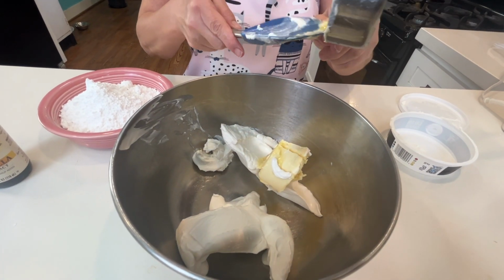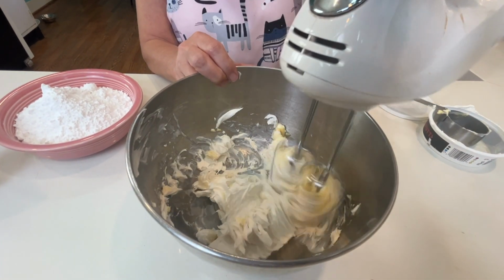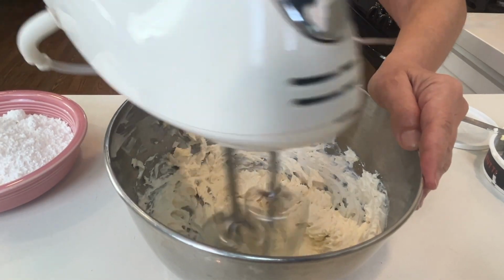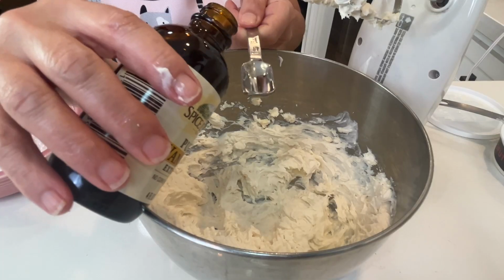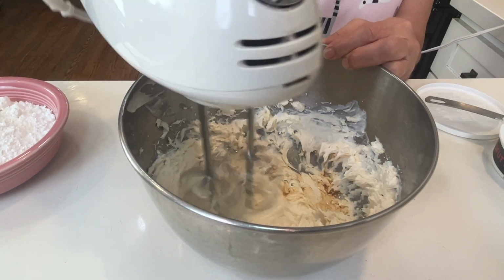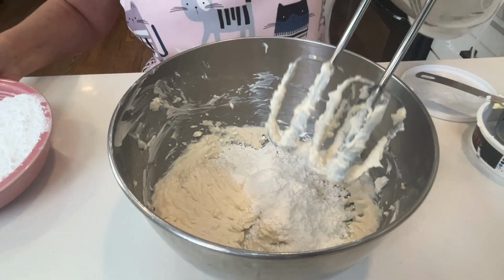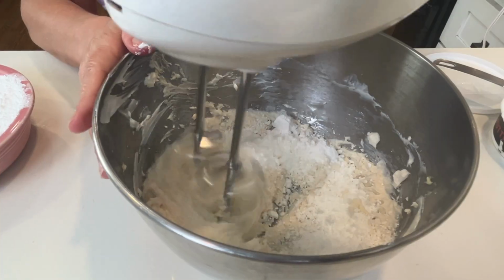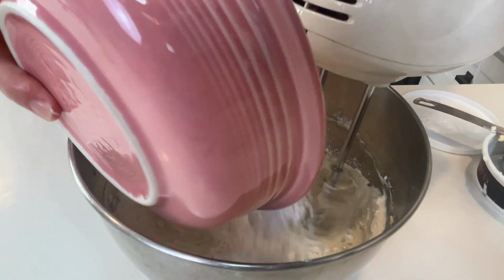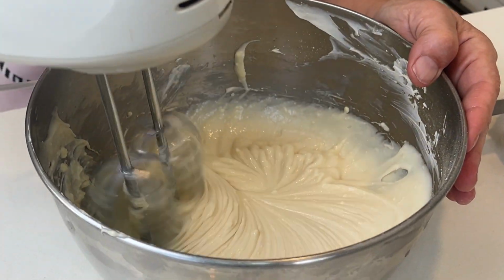Add in 1/3 cup of a vegan soy margarine, a little bit softened. Go ahead and combine those with your handheld mixer until they're really creamed and blended together. Add in 1 teaspoon vanilla and then slowly add in 2 cups of confectioner's sugar. Mix that up with your handheld mixer on low to medium speed for about a minute or 2. You're looking for a really creamy consistency, so if you have lumps, just turn the speed up and blend until